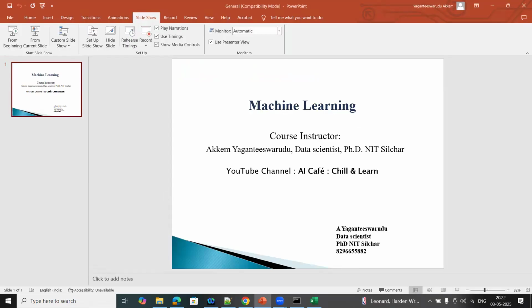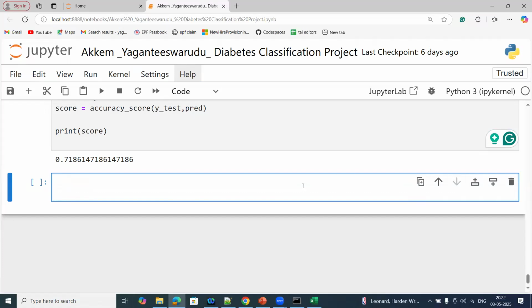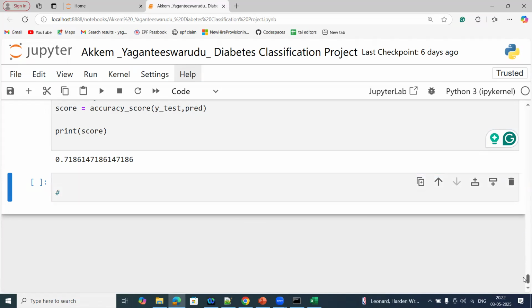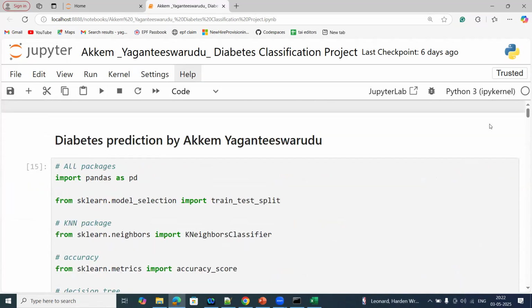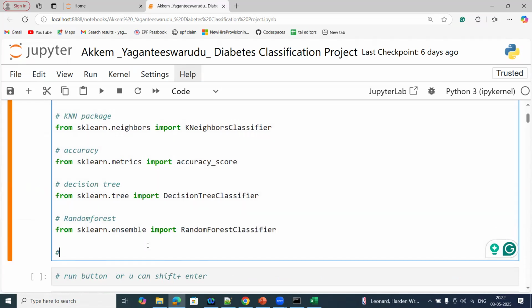Open your Jupyter notebook. Directly, I will show you how to implement naive Bayes, but all the previous steps like how to read your CSV file, how to prepare the train test split, go and watch our previous sessions. Just quickly, I will walk through the concepts. Like first, you need to import the corresponding package for naive Bayes